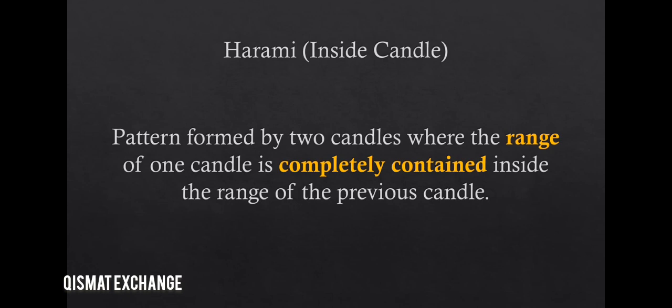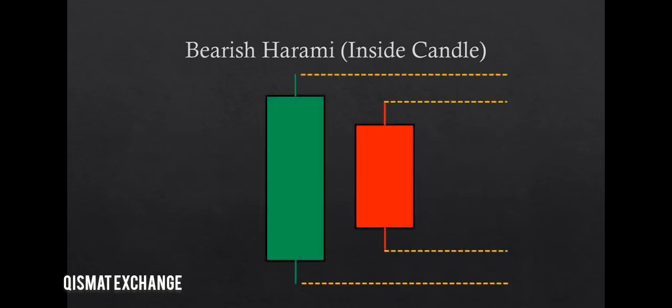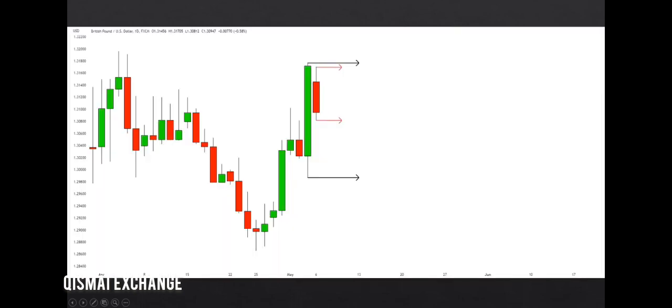An inside candle simply means that price has stopped advancing, meaning that it is now stationary. That can indicate a reversal. This is the shape of a bearish Harami or a bearish inside candle. The most recent candlestick will usually be bearish, but there can be exceptions. Take a look at this daily chart of the British pound versus the US dollar. I have marked the range of the last